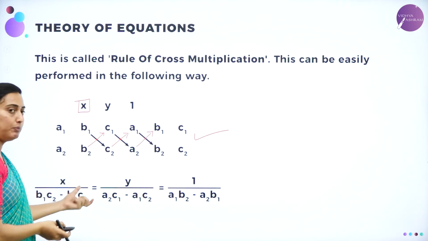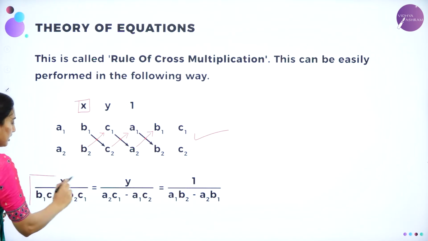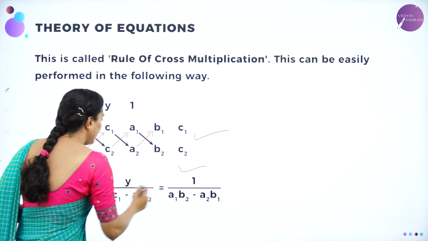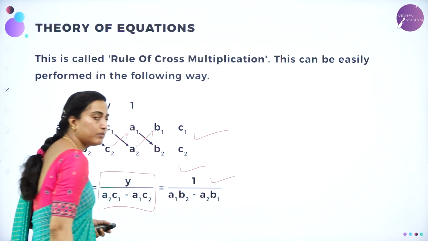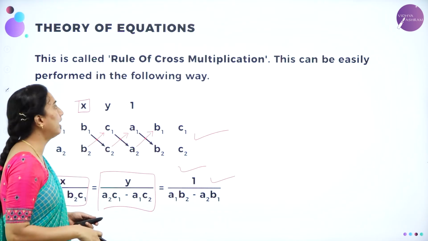Now, the method of cross multiplication. Equating these with this one, and equating this with this one, you are going to get the x and the y value. See here,